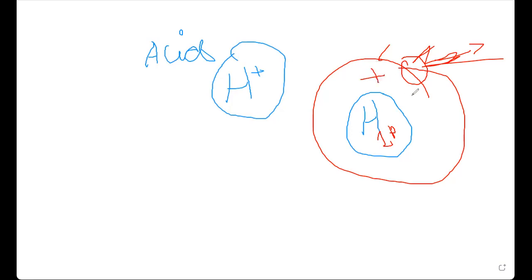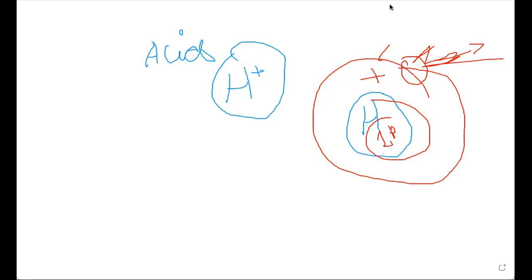Now see what positive hydrogen has in it. Only one proton. There is only one nucleus, and in that nucleus there is one proton, no neutron, no other electron. So H positive, hydrogen positive, is also called proton because H positive doesn't have anything except the proton. Hydrogen has only two things in it, a proton and the electron. If you are removing the electron, hydrogen will become H plus ion.